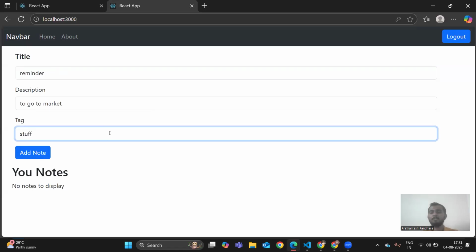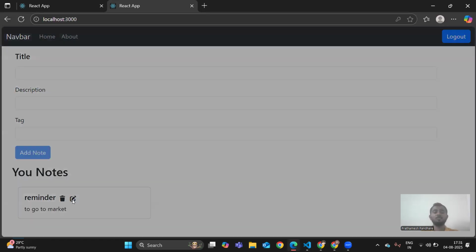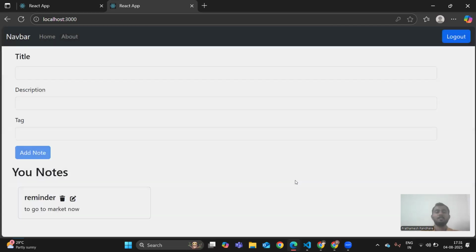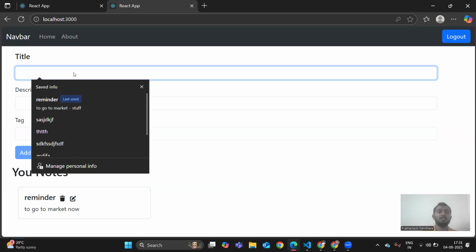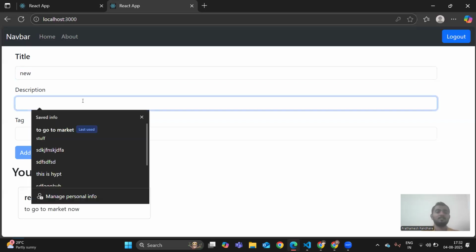I don't know why my screen got blank at the moment. And I would click on add node, and the node got added. And I can edit this node here. So if I want to edit it, market now. And if I update it, yeah, like at the moment it changed to now. So then if I add one more node, like I have already, I would write,